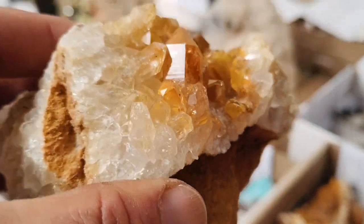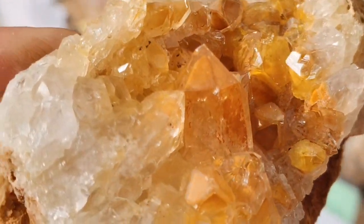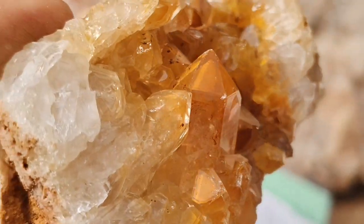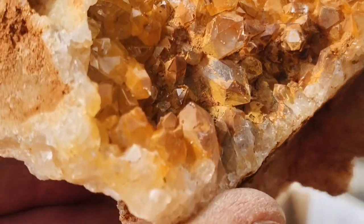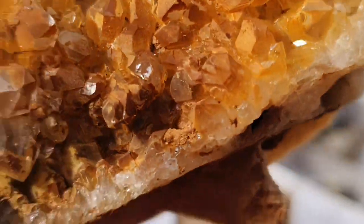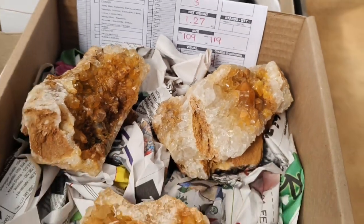Here's one with, look at that one. Okay, here, this deserves a little bit of a zoom. Oh no, there we go. Look at that limonite, and then the quartz has grown over it again. That is a beautiful veil right there. Golden limonite from Karoi. They don't weigh much either, 1.27 kilograms. This flat's going to cost $21 only. That is for flat